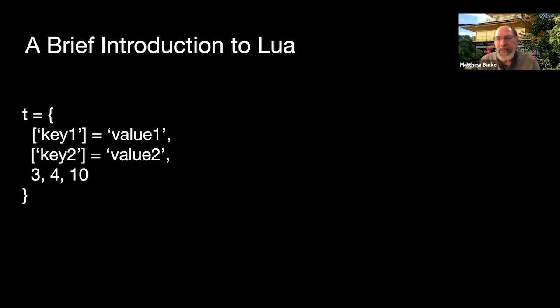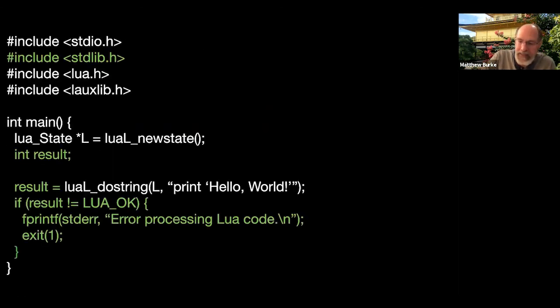And we can use that along with some syntactic sugar, which I'm not going to go into, to get some very expressive Lua code, particularly if we're using Lua for configurations. Very often, if you use Lua to do some sort of scripting configuration, you're going to see these table data structures floating around. And so if we now switch back to the C code for this more complicated example,